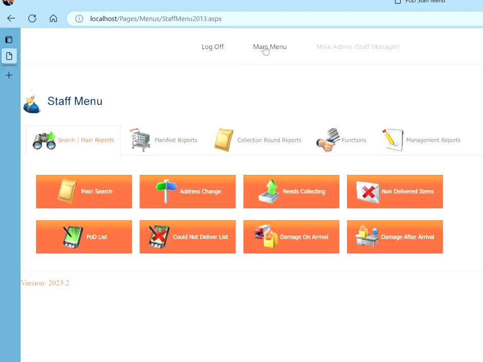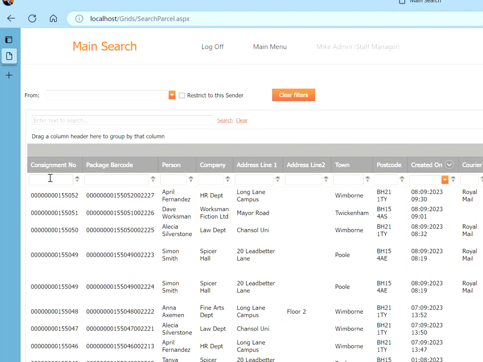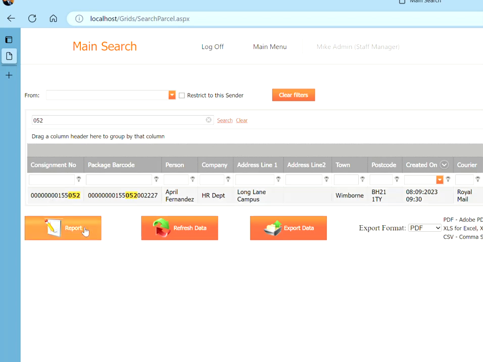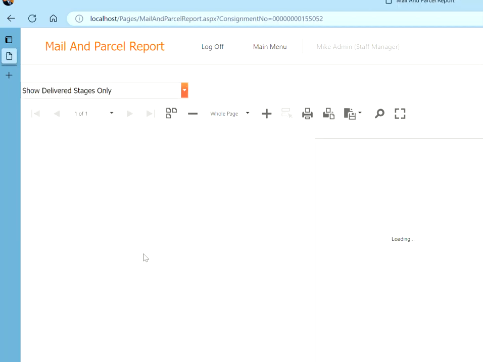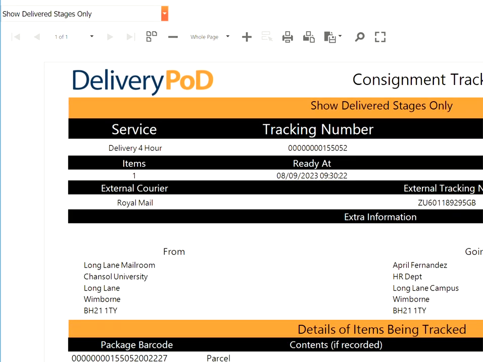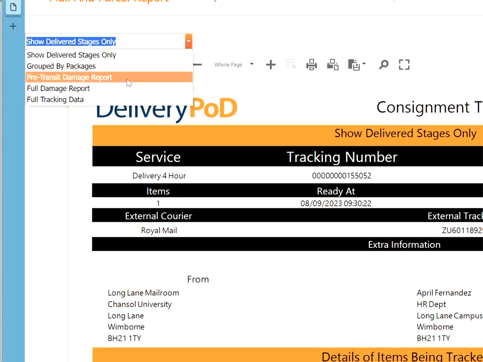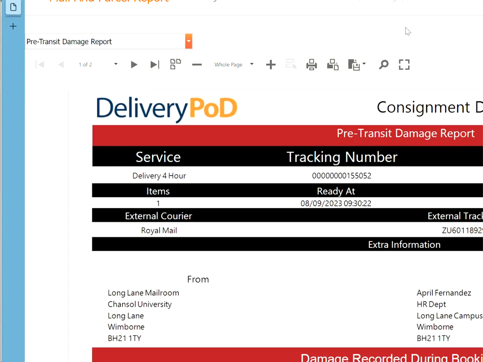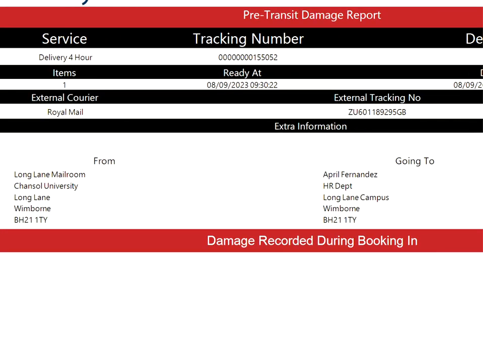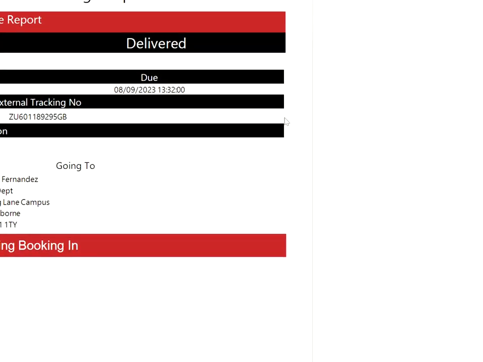If we go into our main search, and if we do a search for 052, just do 052 to find it. This is the item here. If we click on the report, and let me just zoom in. If we go and actually look, for example, at the pre-transit report, we can actually see that basically the item was damaged during booking in,